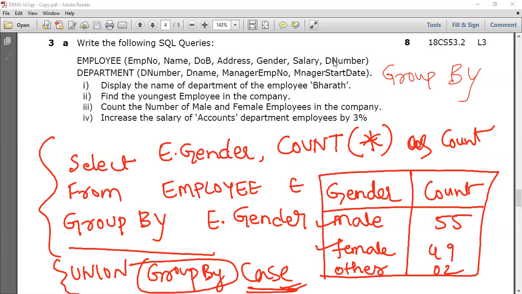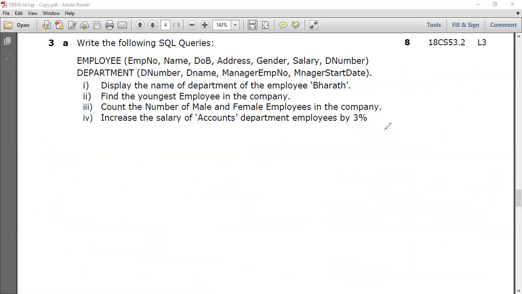So next, increase the salary of accounts department employees by 3%. Increasing the salary, again, you can display the increased salary or you can update the salary. So here we'll increase the salary, which means we'll be running an update query. So the update query will be like this: update